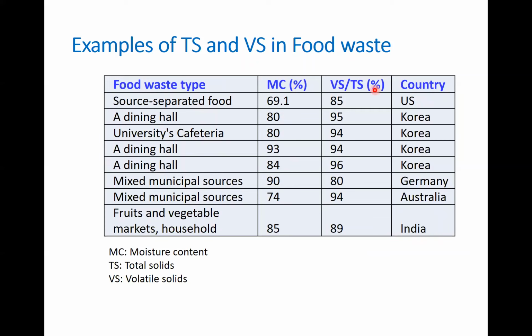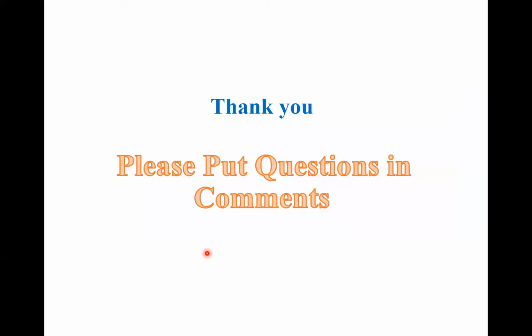If VS per TS is 85%, you can expect that the ash is about 15% of the total solid, based on the difference from 100 percent of the total solid. This is just a very quick example of how to determine total and volatile solids. And again, the volatile solid and the total solid are very important for reporting something like biogas yield or